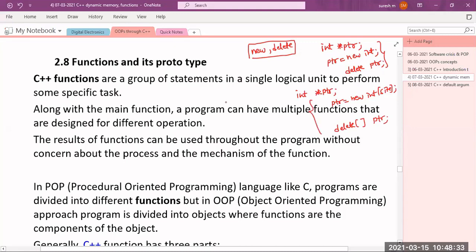And if you want to allocate and deallocate memory for class variables, then for the class A that is already there, if you want to create the pointer variable, then A star obj equal to new A. This is the syntax to allocate the memory dynamically for the class object. And once that is done, if you want to deallocate, then you have to use delete obj. Is that clear?